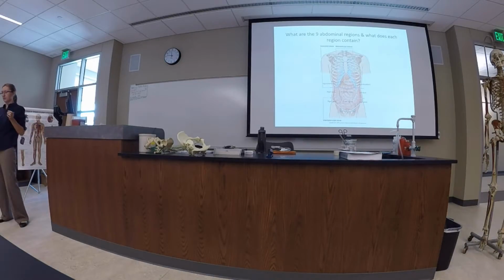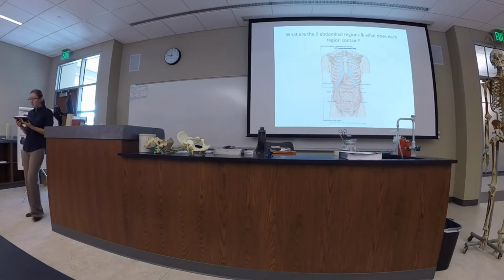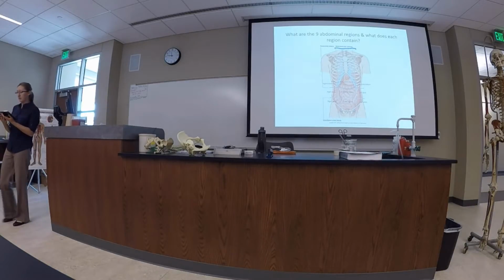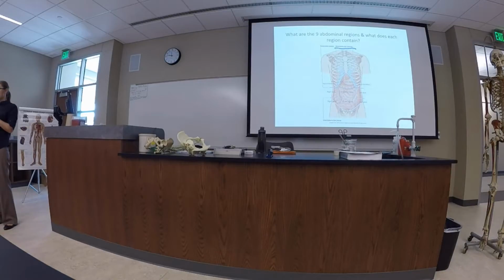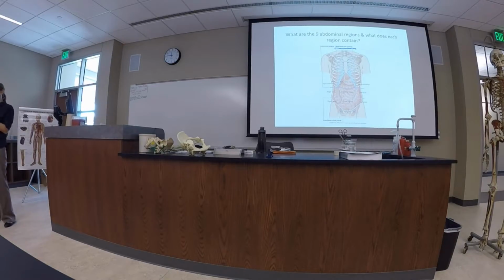So I'll again talk about the intersecting lines that define the edges of those regions. Vertical lines are the mid-clavicular planes. Remember we talked about that in the thoracic region. We also talked about it here in the abdomen. The middle of the clavicle, drop it straight down. It's about halfway between the pubic symphysis and the anterior superior iliac spine as well. So that divides the abdomen vertically. The horizontal lines are the subcostal plane, which runs just below the inferior edge of the rib cage,